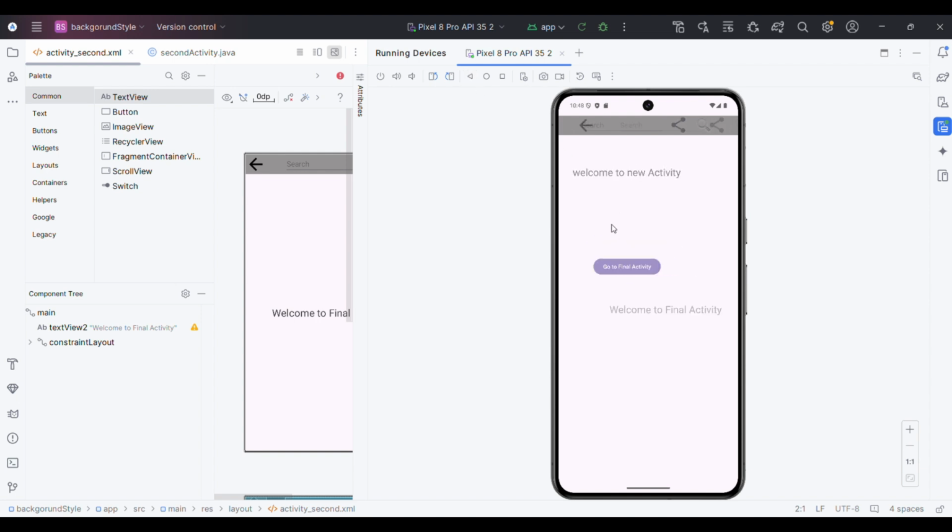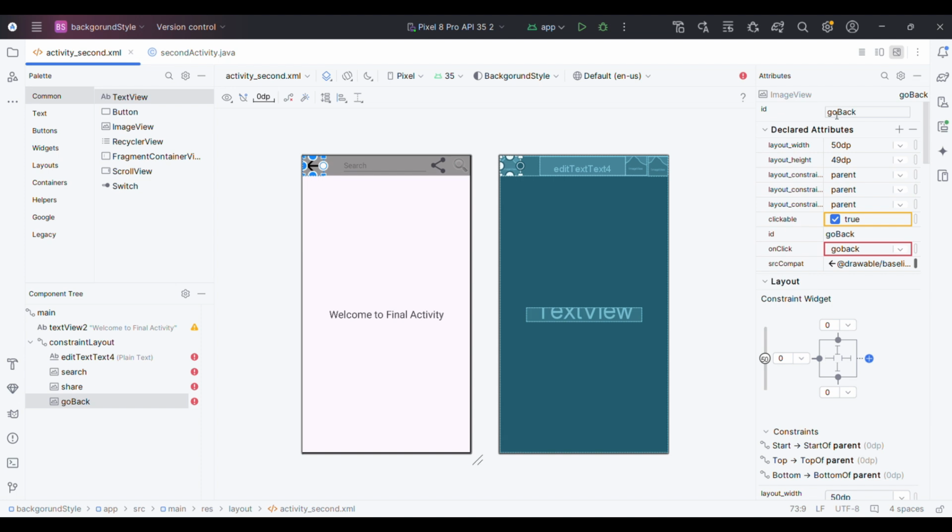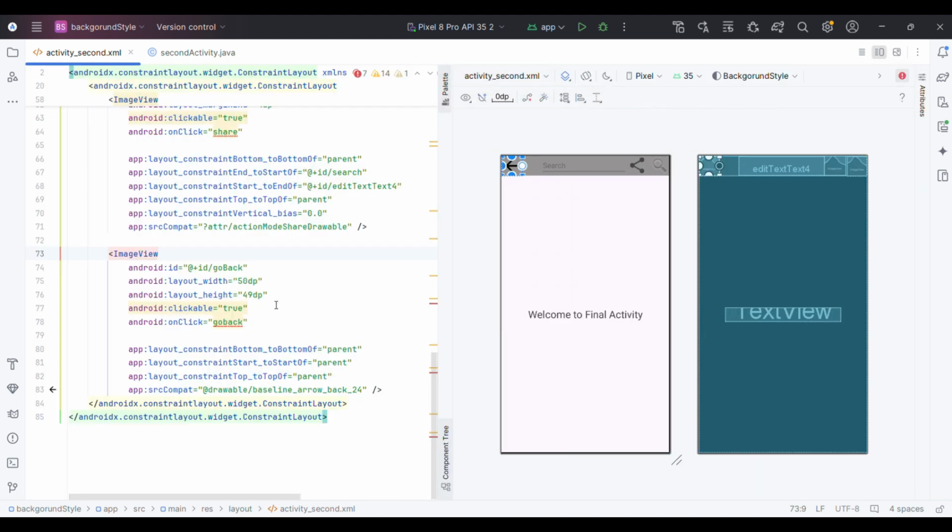let's make this icon. When we click on it, it brings us to the first activity. Let's make it. For this, go to the final activity, and here you have to choose an ID for this. Let's see it. The ID of this is go back, and also remember that you have to make this clickable, and don't use on click. Delete this, and after that